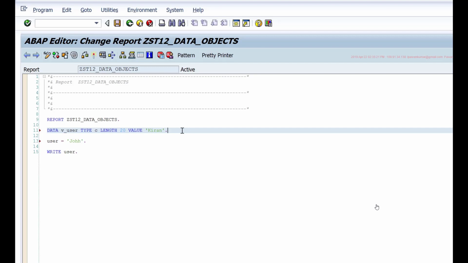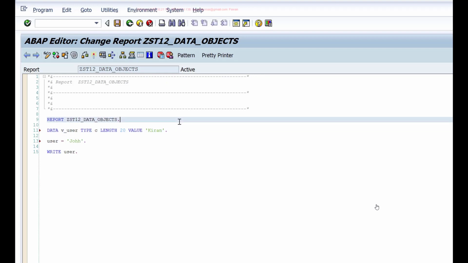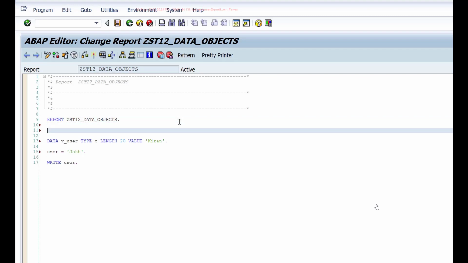Naming conventions are useful to make it easy for writing the code and for other developers to understand. Since everybody follows the same naming conventions, it becomes easy to maintain other programs. This is your variable. So you use the data keyword to define your variable. There's one more keyword that we use which also defines a variable.